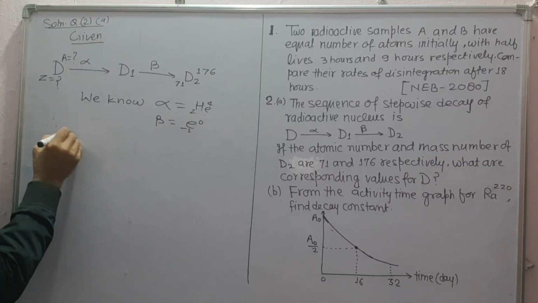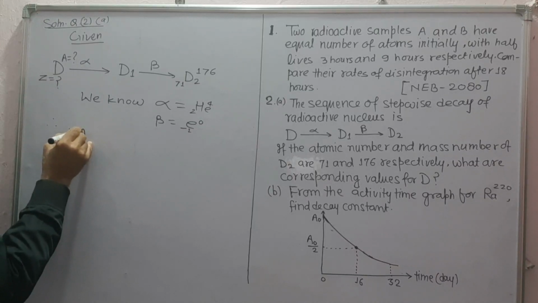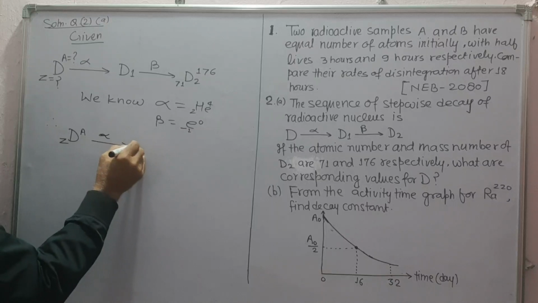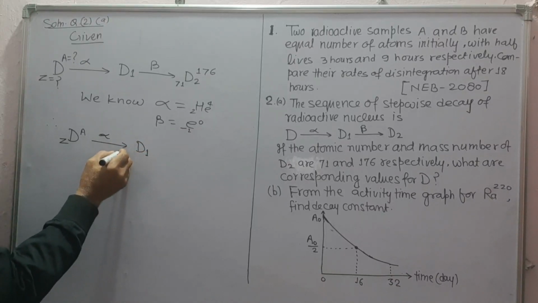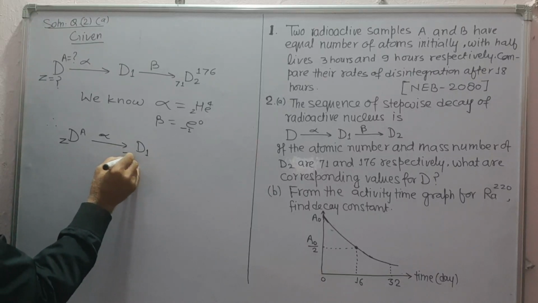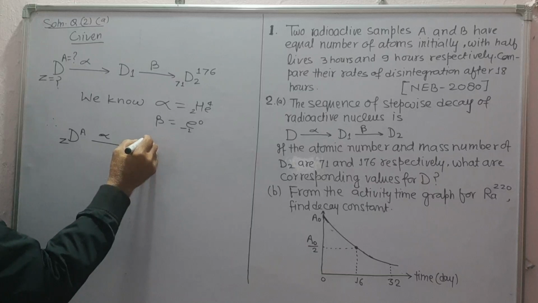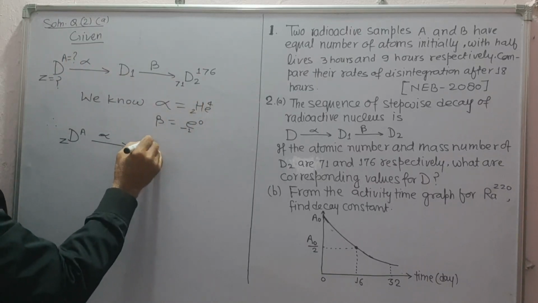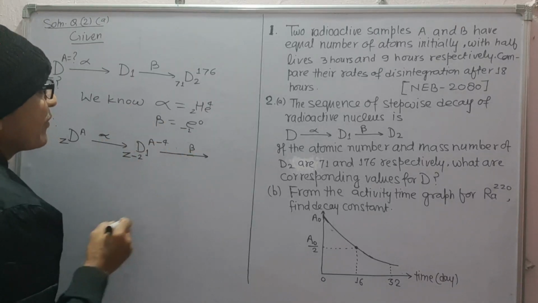Therefore, we can write D with Z and A emits alpha particle and becomes D1, and D1 will have Z minus 2 as atomic number and A minus 4 as mass number. Now after beta decay